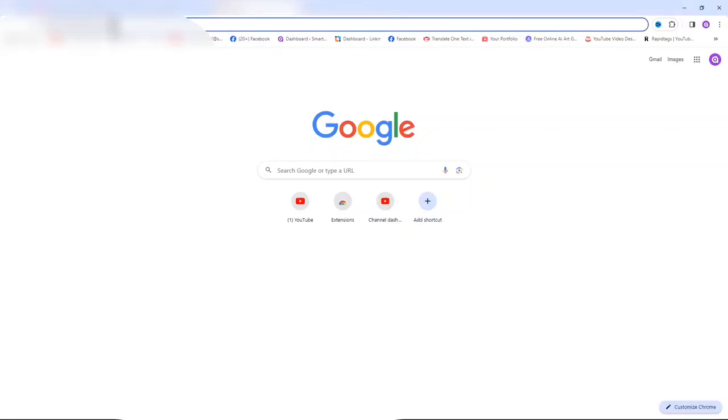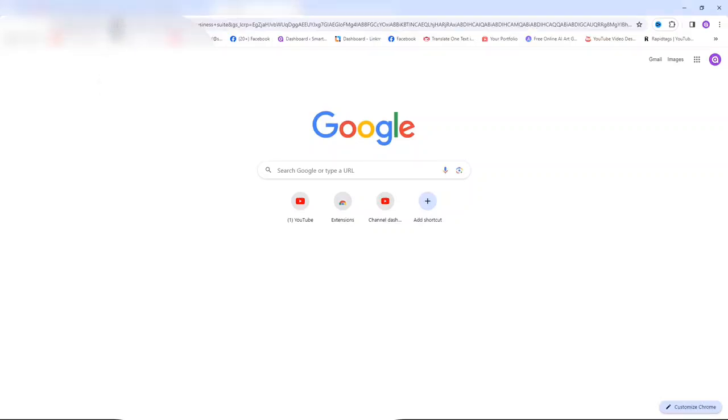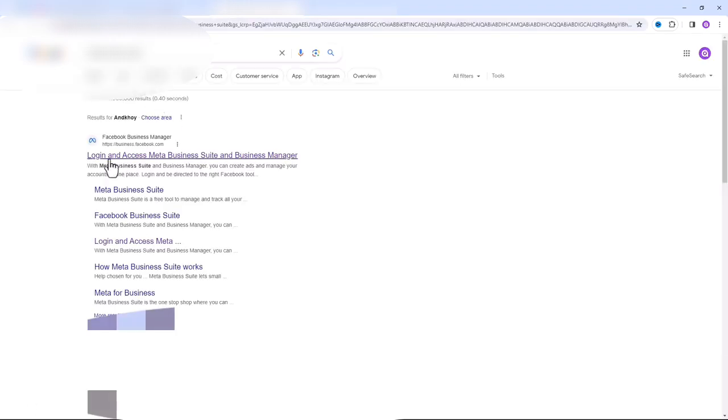How you can upload Instagram long posts using your PC and smartphone. Open your browser, search for Meta Business site, click on first link, click on create post now, open Photoshop or